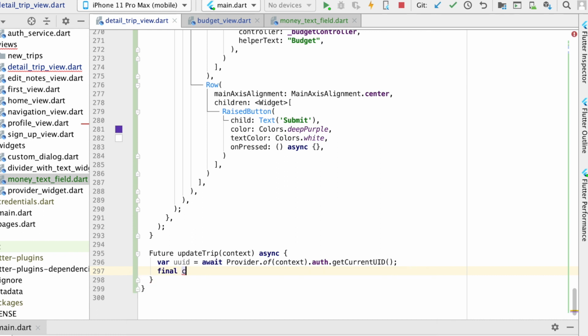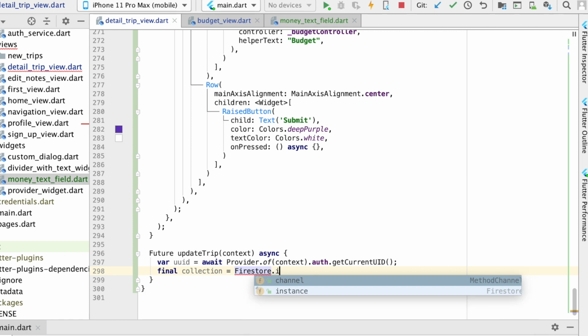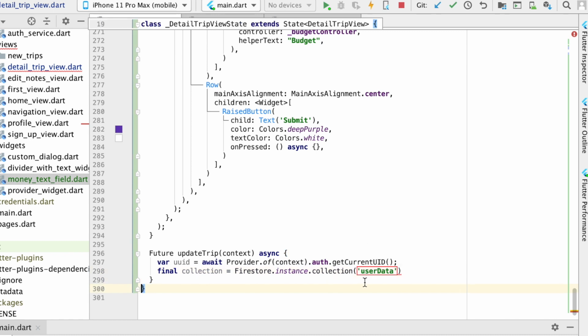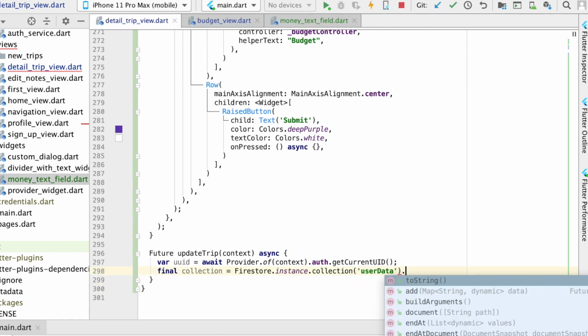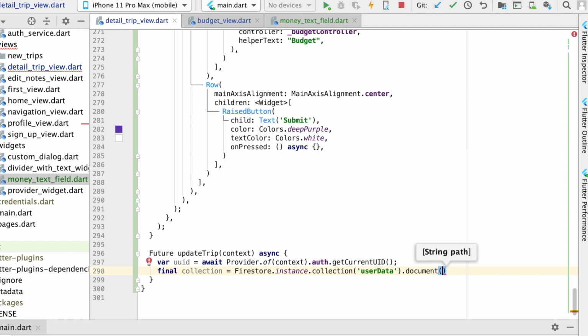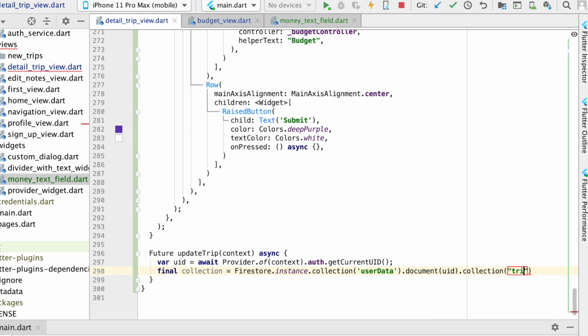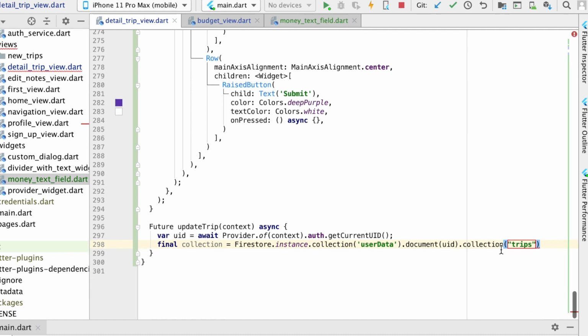Let's set, actually first, a collection. We can call Firestore instance, and then we can call the collection of, our highest level collection is actually called user data. So we're going to go there first. And then inside that, we're going to have a document which is going to be titled by that UID. So I'll put that right here. Actually, this only needs one U. And then inside that user's document, there's actually another collection, which is called trips. Trips. And then inside the trips there is going to be